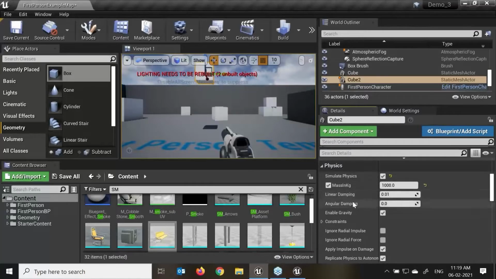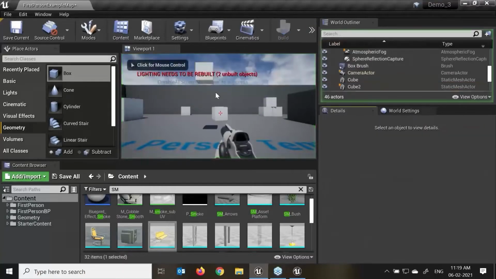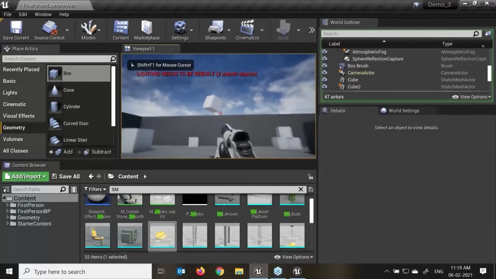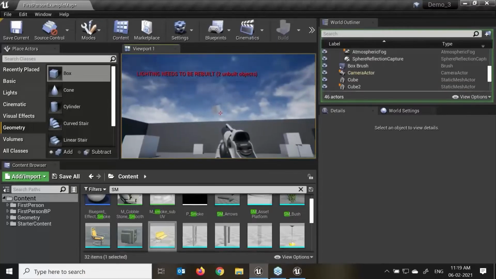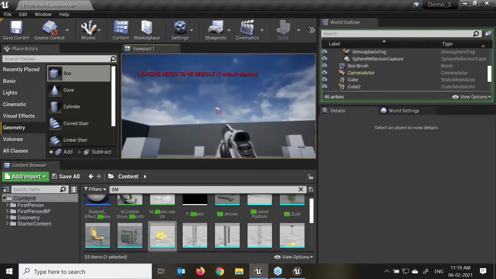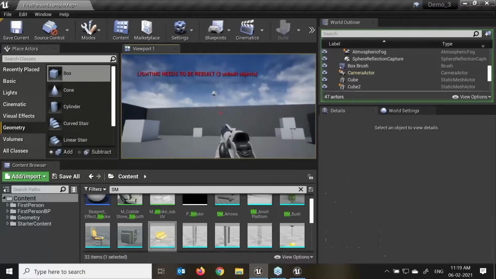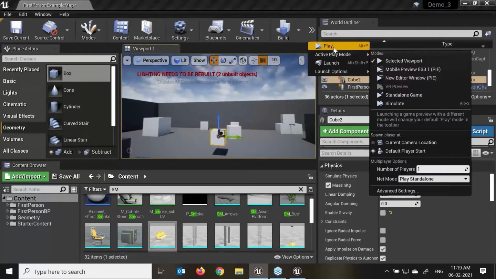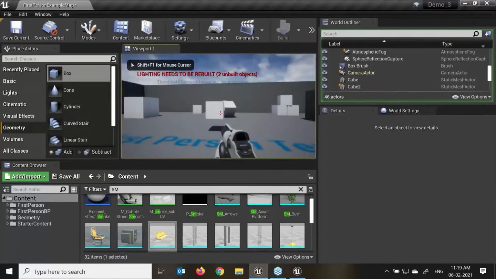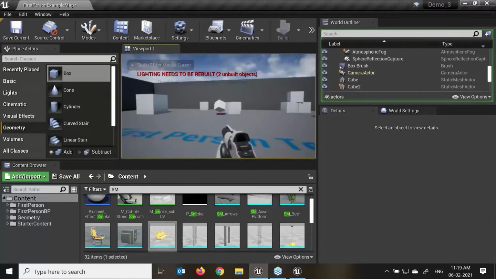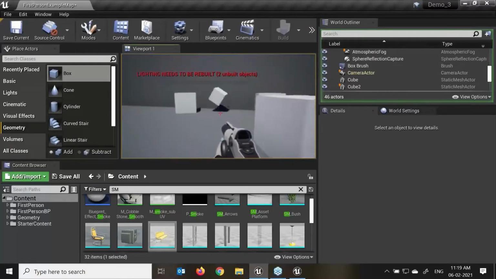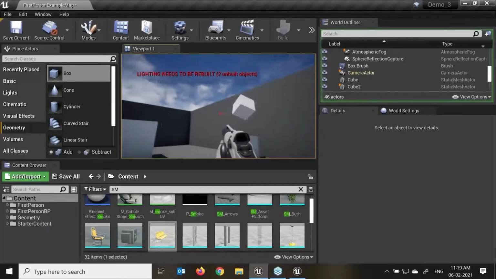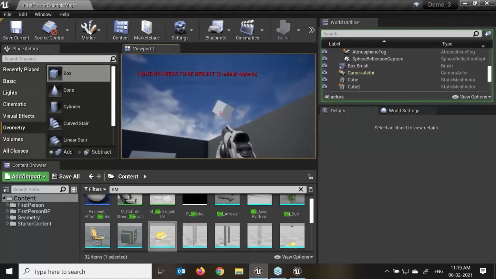Just below that we have more properties, linear damping and angular damping. If I turn off Enable Gravity, it will work like a space kind of thing. This will fly like a spaceship. Here we can see there is no gravitation applied to it, right? Escape, again zoom, drag it down more, stop and play. Just play this. Here you can see there is no gravity applied to this. This will be continuous. This box, or the cube, the static mesh, is flying.